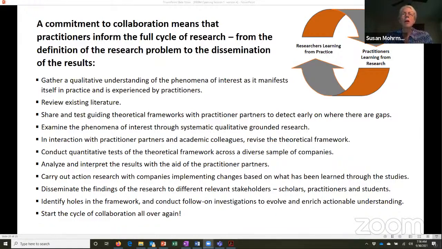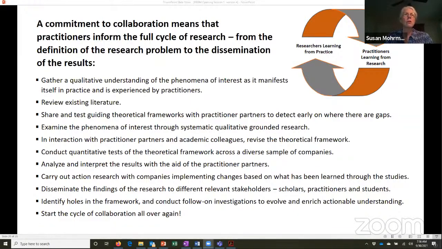And it had to start with us getting a really good qualitative understanding of the phenomena. Now, having been a public school teacher, I thought I really understood that, but somehow it got translated into theoretical perspectives that didn't quite hit the reality of coming to school and having in your first period three-quarters of the kids so tired because they've been up all night that they can't even listen, and most of them have their heads on the desk. It didn't really hit at those kinds of realities.